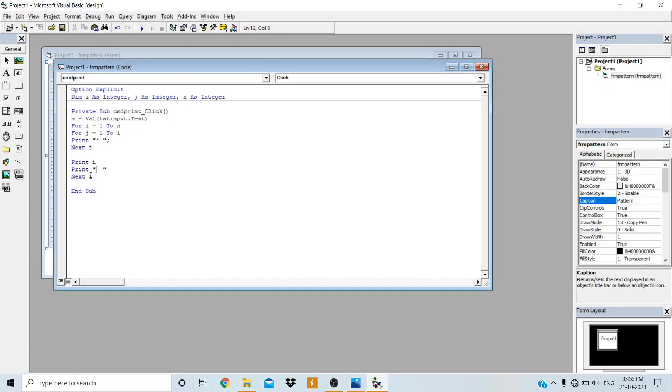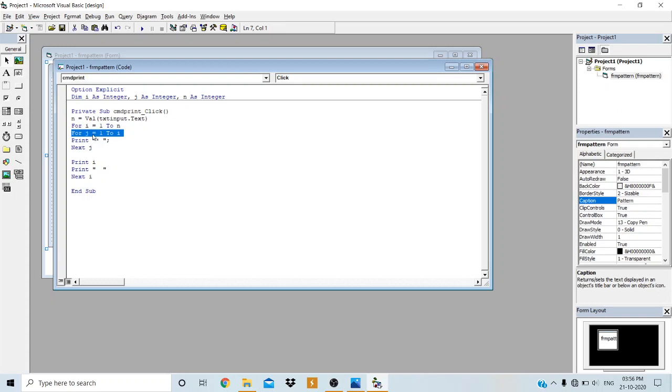Okay, then after that, next I. So what will happen? The ith loop has to be repeated now. So I will be incremented by 1 because the step increment value is by default 1. So I becomes now 2. So it will check whether 2 is in between 1 to n. What is the value of n? 3. Okay. So now 2 is in between 1 to 3. Yes, it is true. So it will execute the next statement within this ith loop.